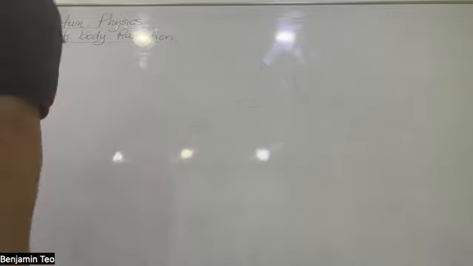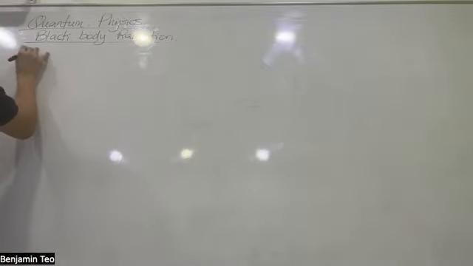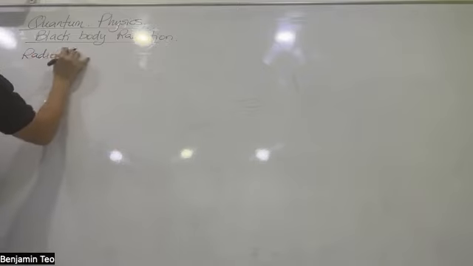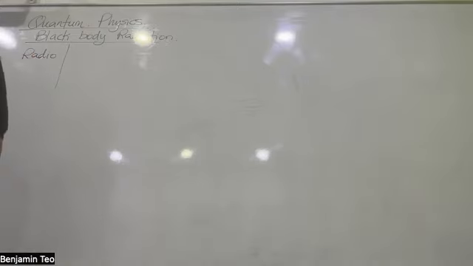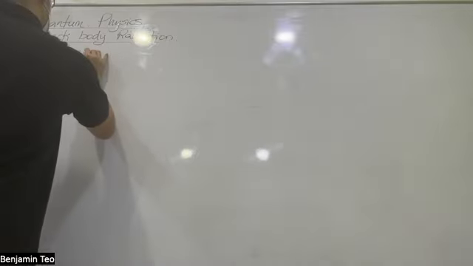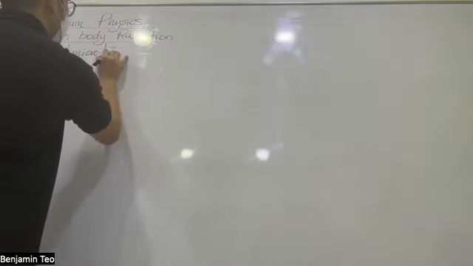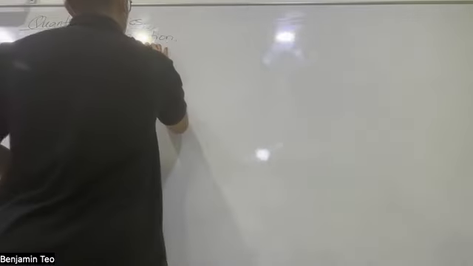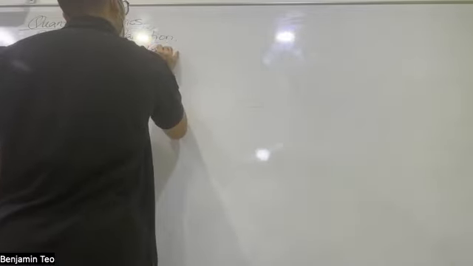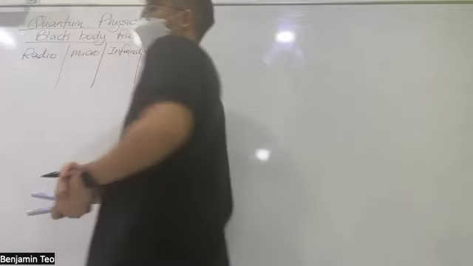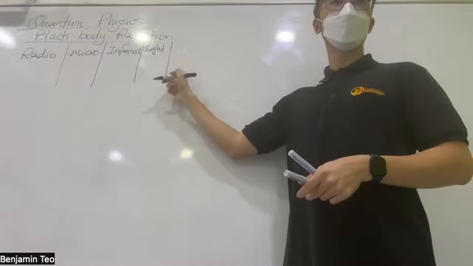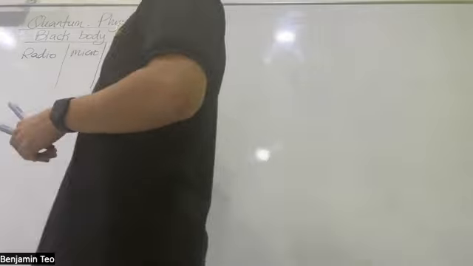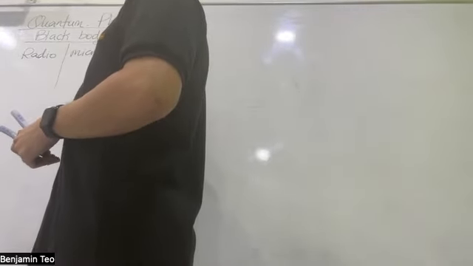Wavelength. Radio waves, number one. Then micro... all the way to infrared. Next, light rays, which is your visible light. Next one, the order of the light, you also need to know. What is the color order from left